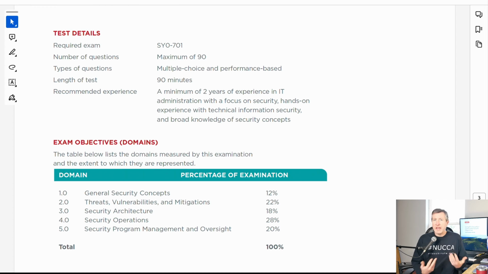So again, I can't tell you exactly what you're going to see because that's not exactly ethical for me to just give you the exam right now, right? So those are the types of things that you could see though. You're going to have to prove some knowledge either at a command line or drag and drop or doing something